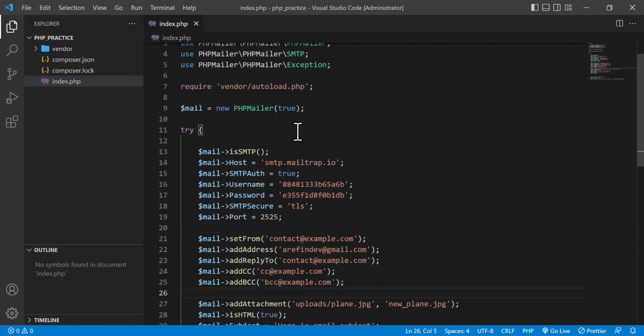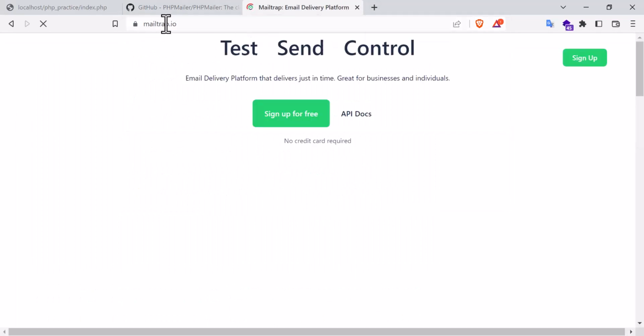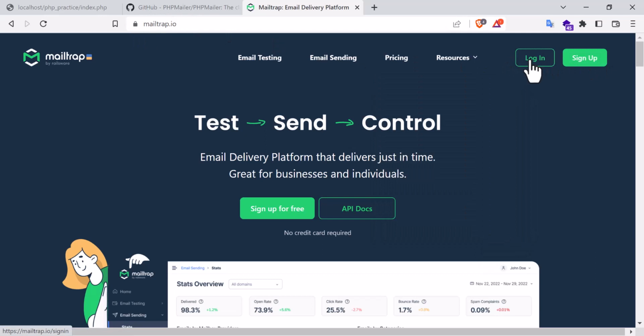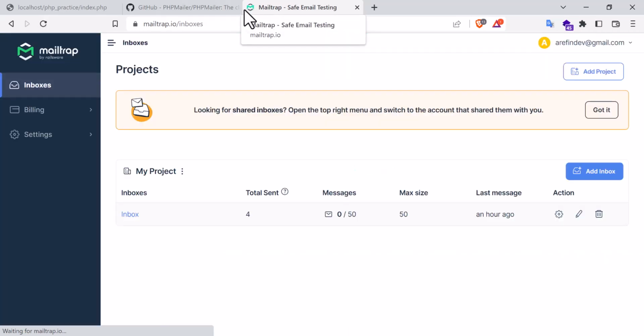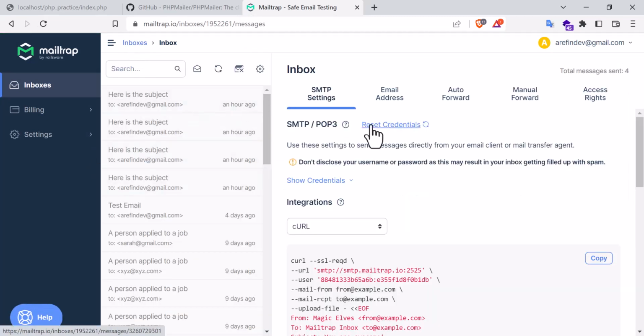You see that here, smtp.mailtrap.io. From where am I going to get it? I am going to open mailtrap.io. So you will just go to this website and sign up here using your email address. I am going to sign in here. After sign up, as I already have an account there, after you log in here, you will see an inbox in this case, and you will see here